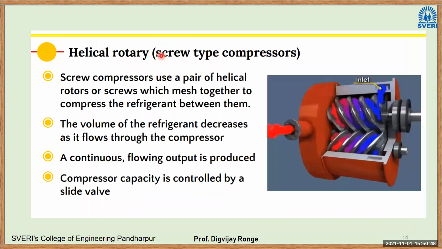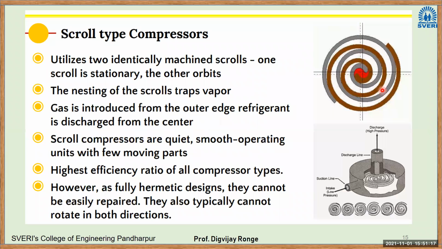Next here we have the helical rotary or screw type compressor. These are used for high pressure compressors, screw type or rotary type. In this case, it will take the air, compress it while it passes through these helical gears, and then it is discharged. I'm taking it at a fast pace because I have to cover other components also, evaporator and condensers.